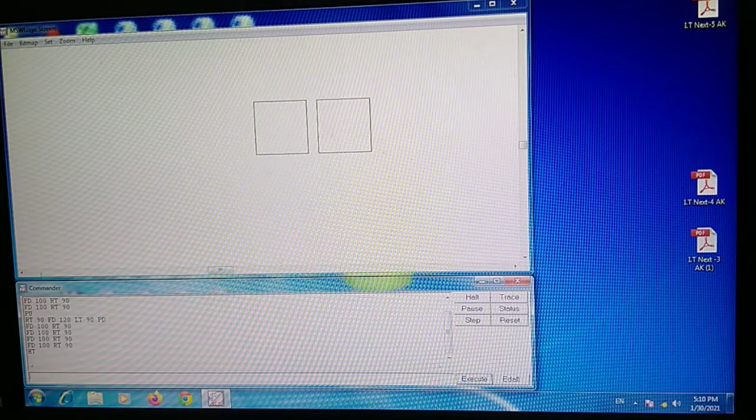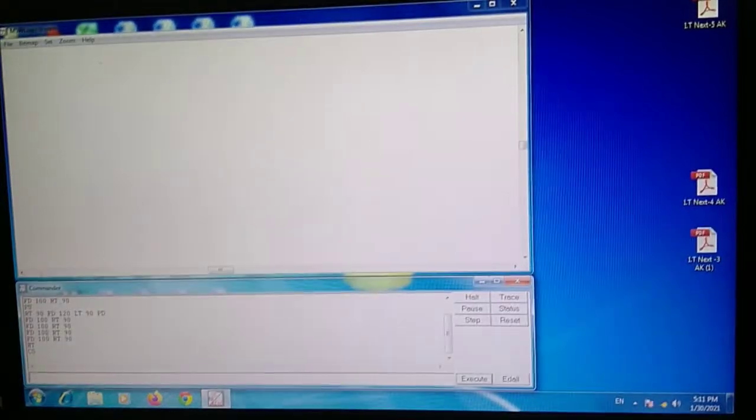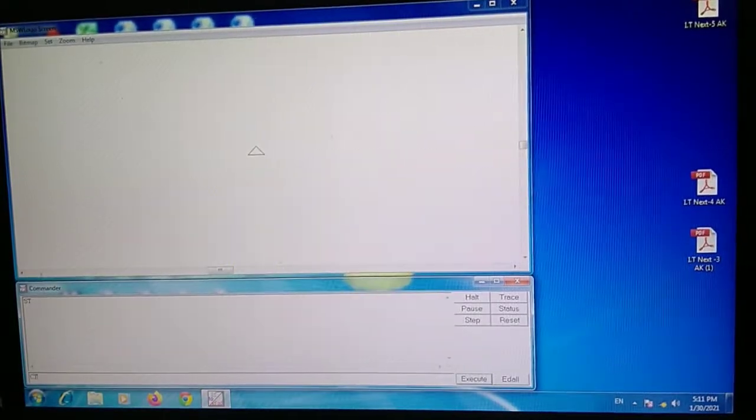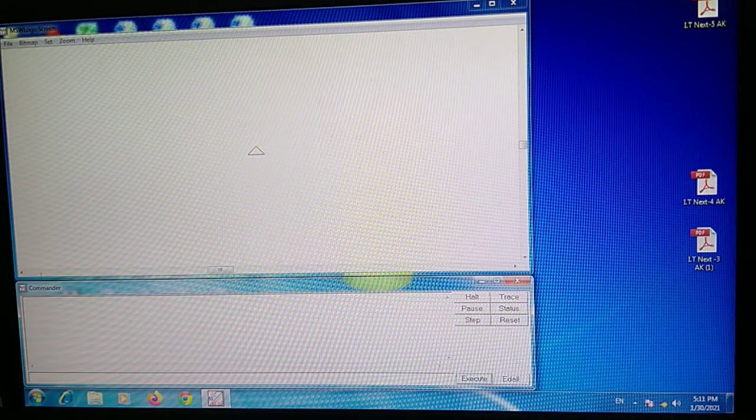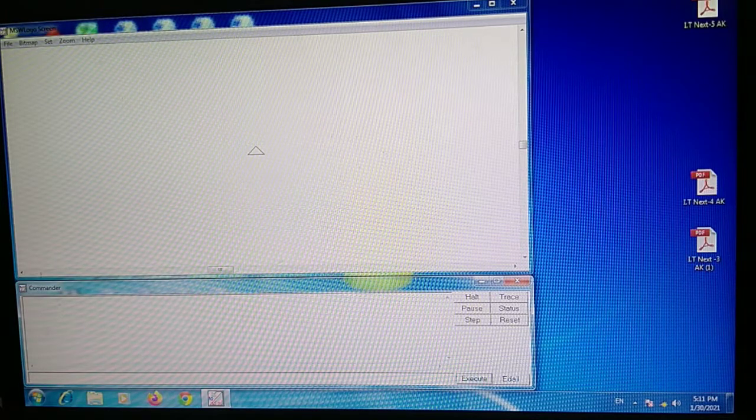After that, draw a square using the commands. Now we will again draw a square using commands here. The commands are FD 100 RT 90, FD 100 RT 90. Now type enter, then pen erase PE, and type the same commands again.